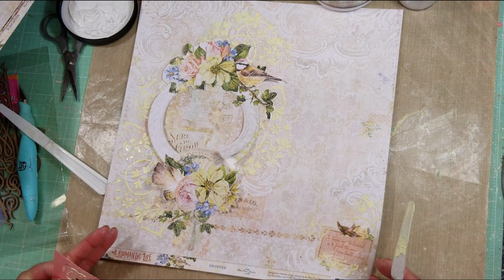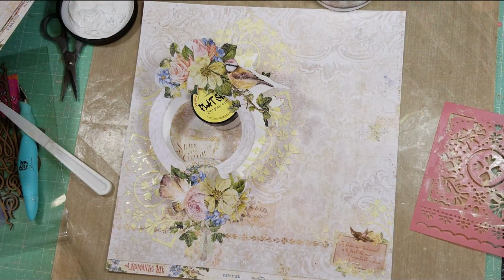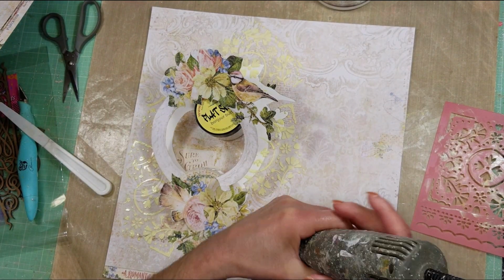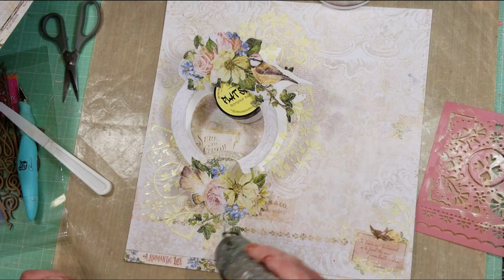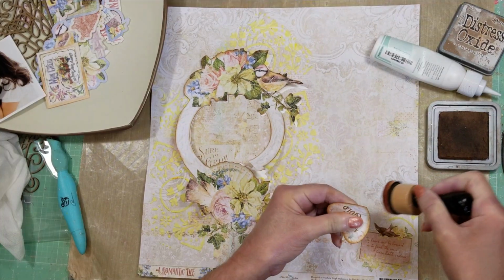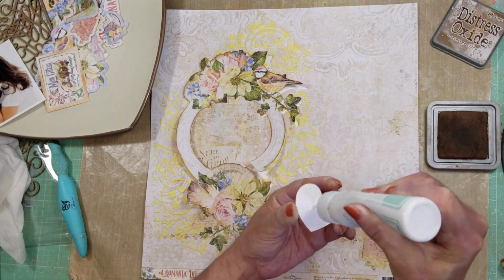Now, look how it looks. I think that is okay now. I'm going to place this here and I'm going to dry all the textures now using my heat tool. Okay, one thing that I am doing now is applying vintage photo distress oxide